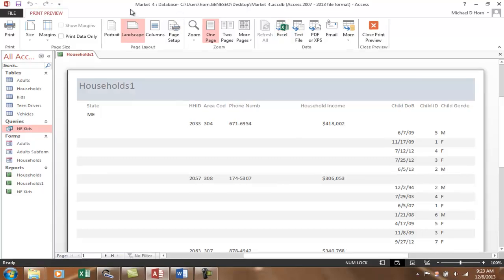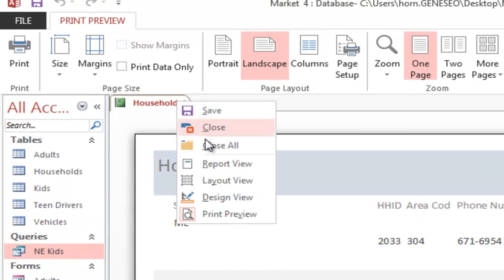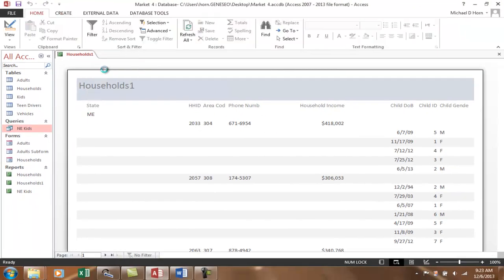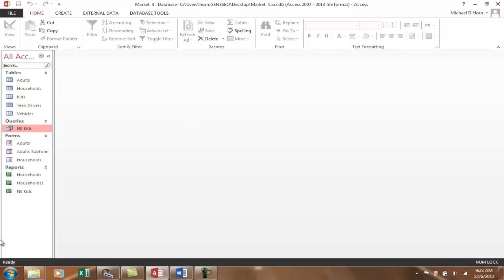All right. Last thing, I'm just going to throw this one away because I don't need it. Well, it saves it automatically. Anyway,